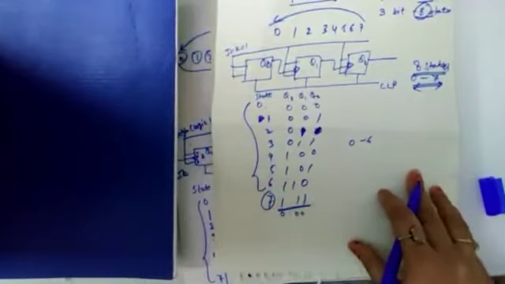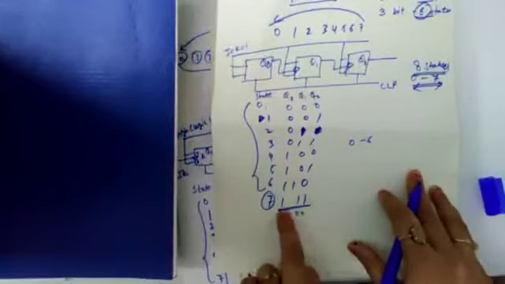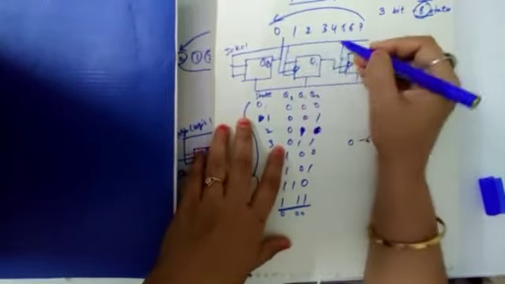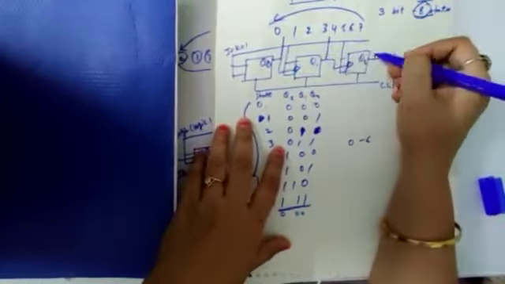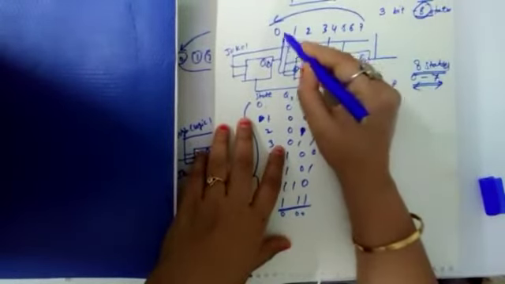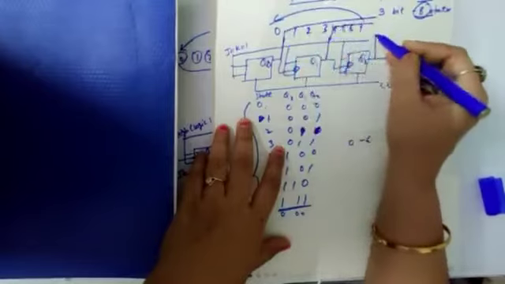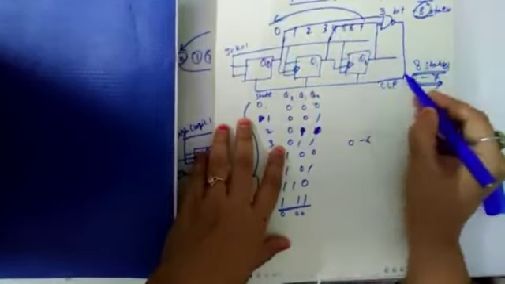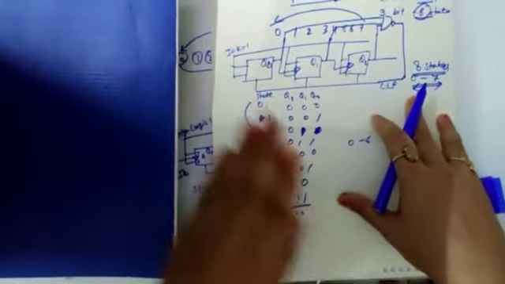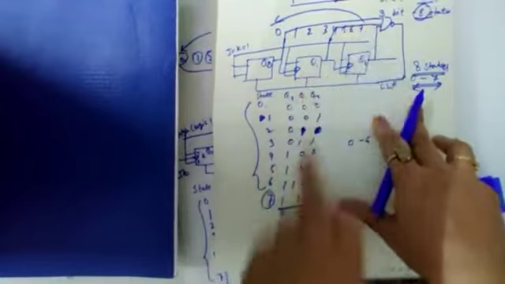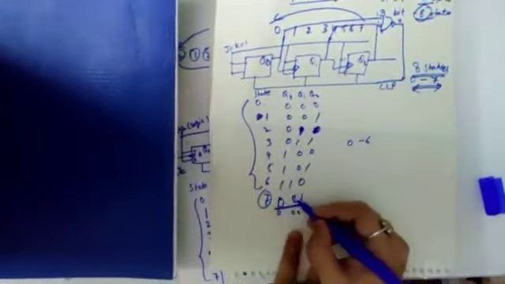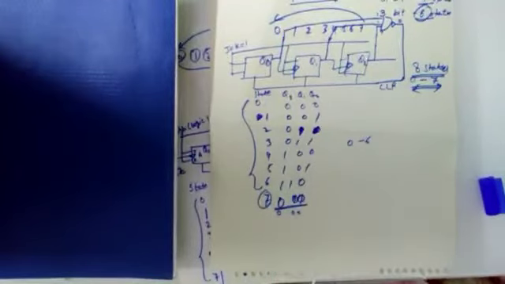So what we do, we see where the 1 appears, and in this case 1 appears across Q2, Q1 and Q0. So we just take the outputs Q2, Q1 and Q0, and all are connected to the NAND gate. Okay, and the NAND gate is connected to the clear input. So we can design any counter according to this counting. So when all these 3 are 1s, the output is 0, and when it is connected to the clear input, all the outputs get 0. This is the phenomenon of mod 7.